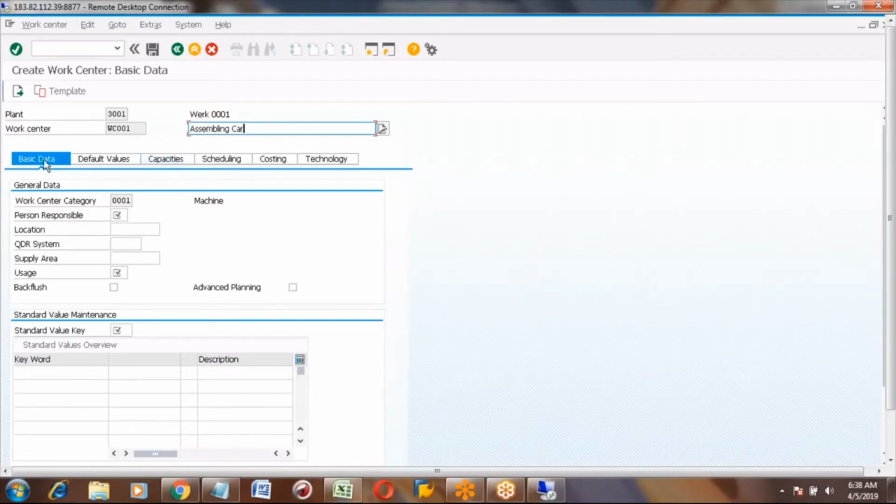In basic data, the first fields are like person responsible. Person responsible is nothing but a person who is maintaining that work center, a supervisor or manager. You can put his name here.